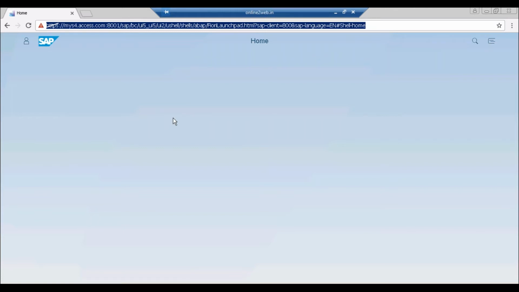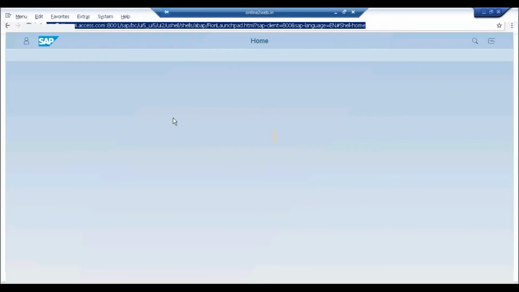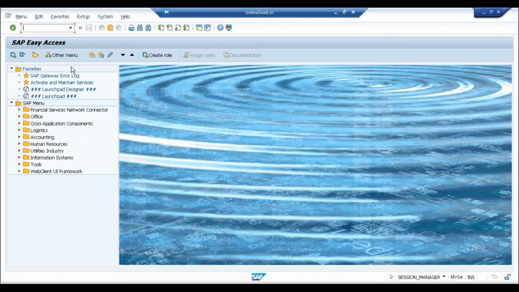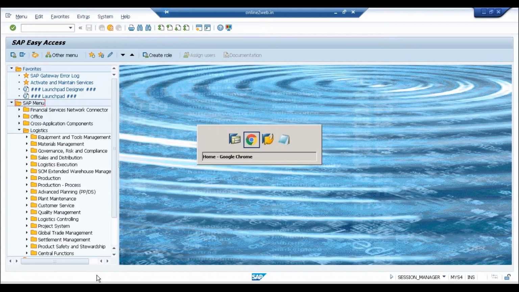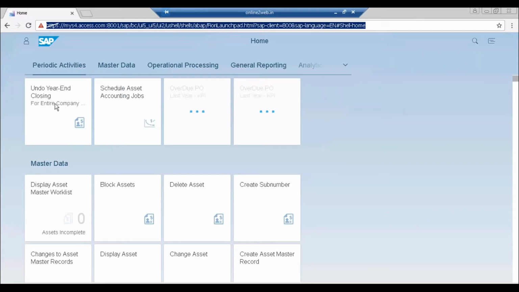So if I log in to this page from my sales related user ID, I'll only be able to see the sales related transactions. If I log in from a purchase related ID, I'll only be able to see the purchase related transactions. But in case of ECC, irrespective of which ID you log in with, it gives you all these options. Once you try to open one, only then it will tell you that you are not authorized for this transaction. But here it is not like that. If you are not able to see a particular transaction here, it means that you are not authorized to see it.